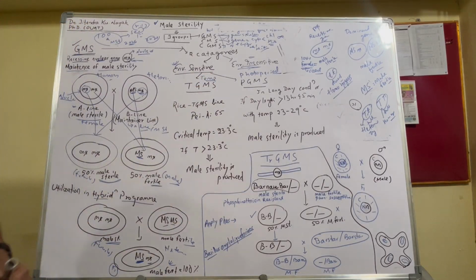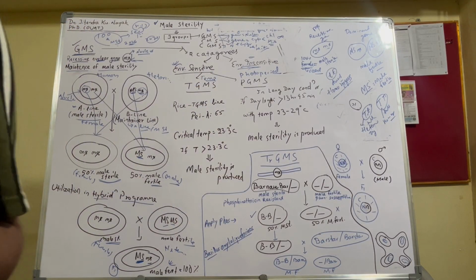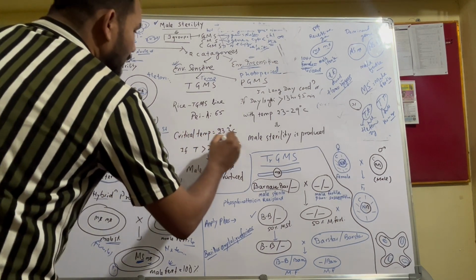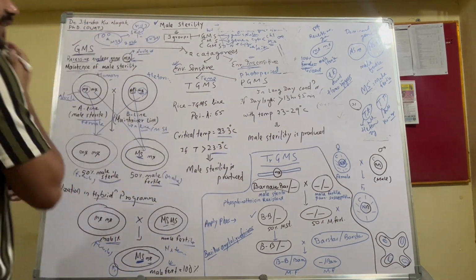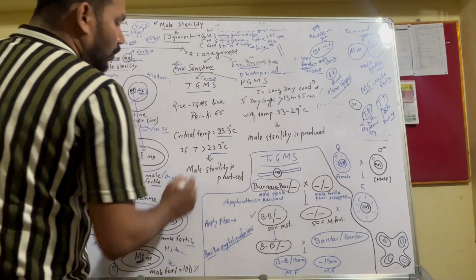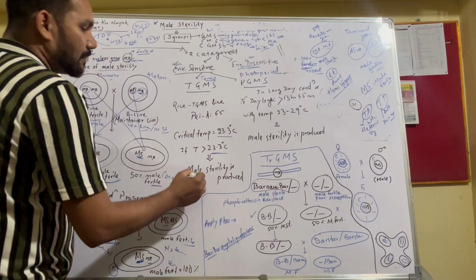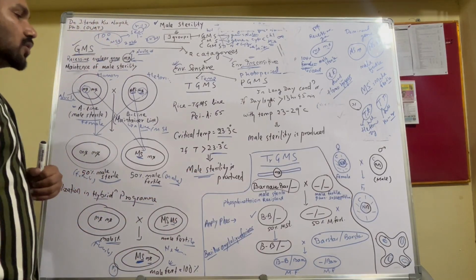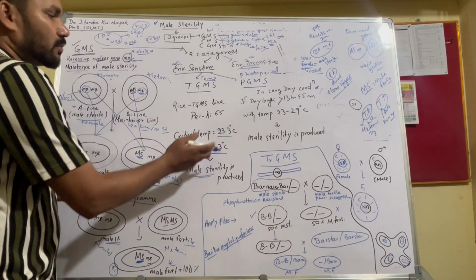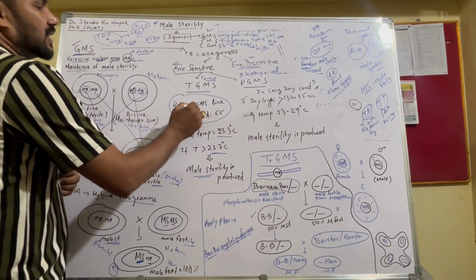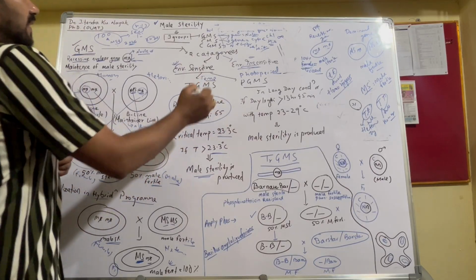Temperature means, if your temperature is more than 23.3 degrees centigrade, my plants will act as male sterile. So high temperature leads to male sterility. An example is rice temperature sensitive genetic male sterility line,